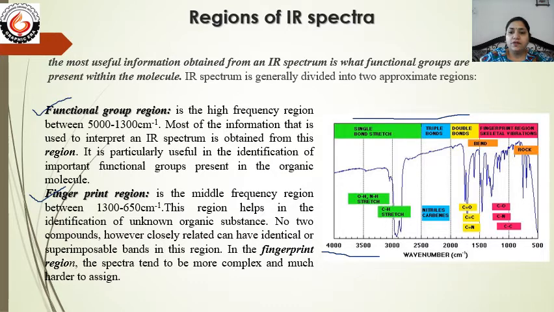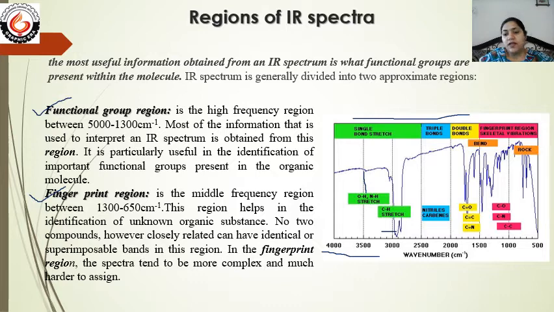Here different peaks are given. These peaks are responsible for different types of functional groups. On the basis of the frequency region or wave number region, like OH, NH stretch, if a peak is at this place, this one is known as OH and NH. This confirms that an OH group or NH group is present in the compound. This region is for CH stretch.